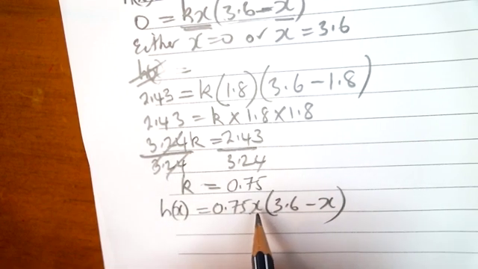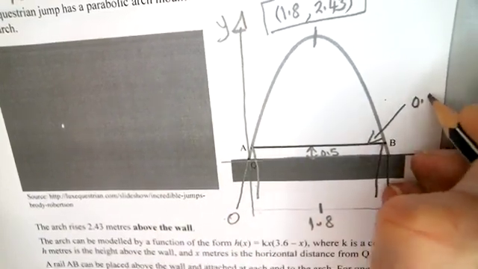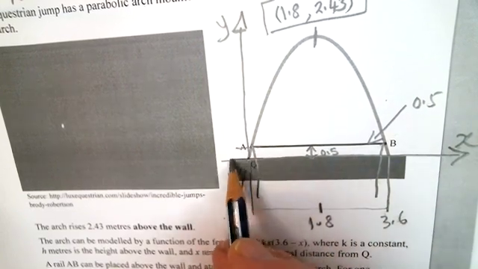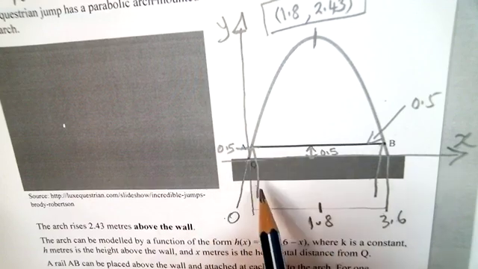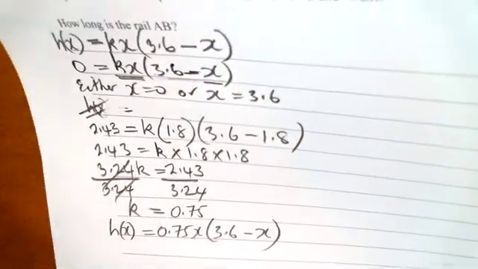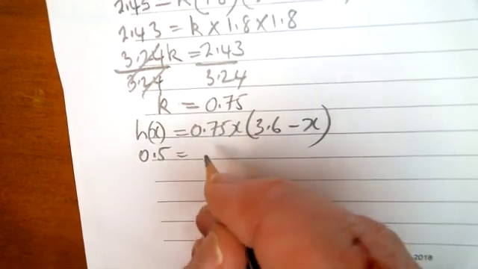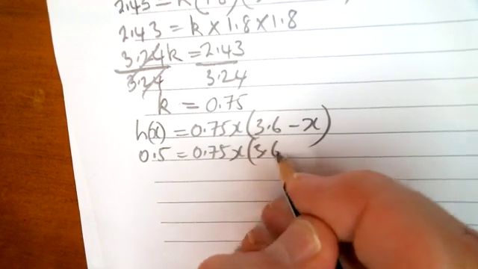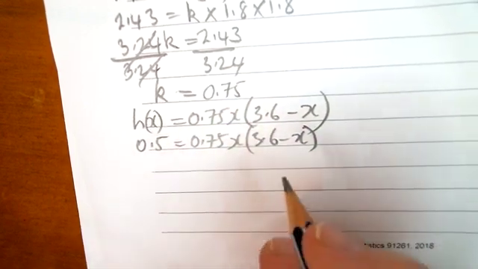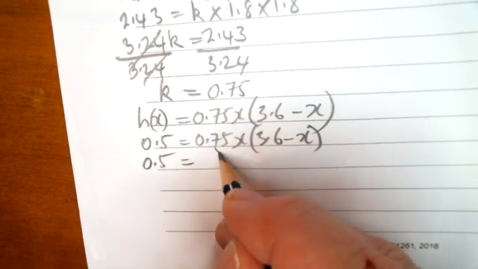We want to find x when y is, well, this value here, this is the y level. y is 0.5, because here we're at 0, here's 0.5, there it is. We want to find out what x is when y is 0.5. So I'm going to say 0.5 is equal to 0.75x times (3.6 minus x). I'm going to expand all this out now. So I've got 0.5 is equal to, now 0.5 times 3.6,